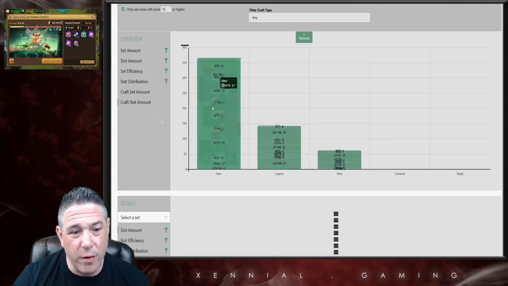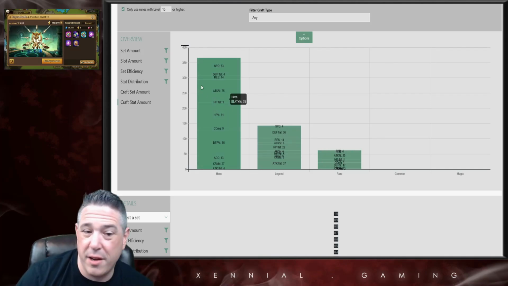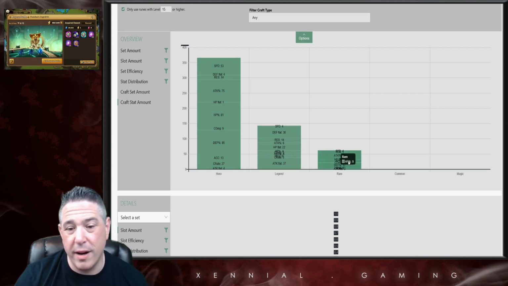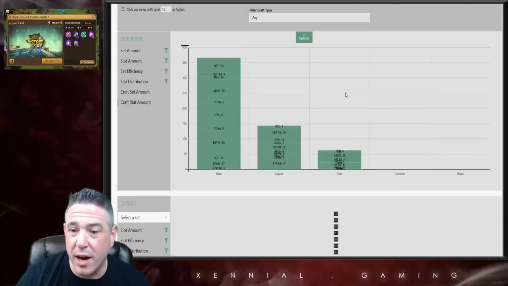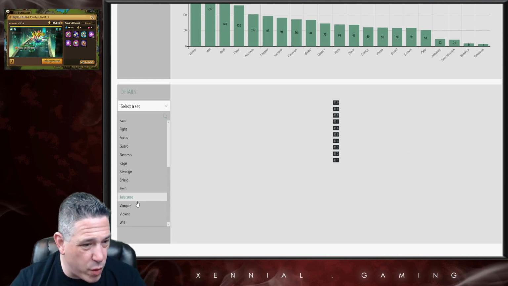Then the last one we have over here is craft stat amount, and this is just literally showing you the allocation of what you have of your heroes, your legends, your rares, just like how much you have of each kind. Now, if you want to get further information, for example, let's say you want more information about your violent runes,